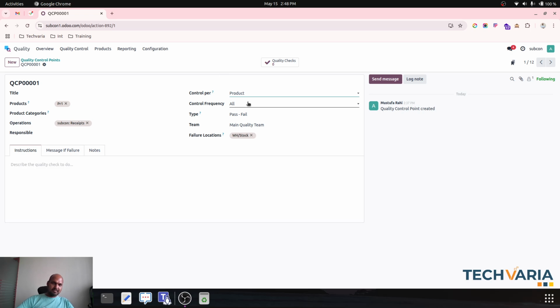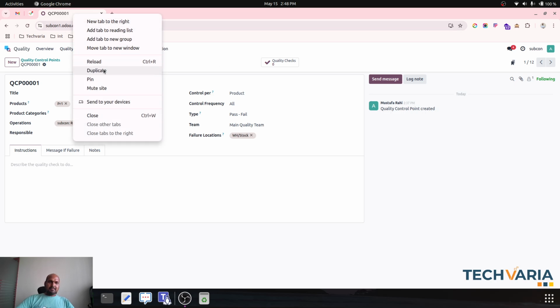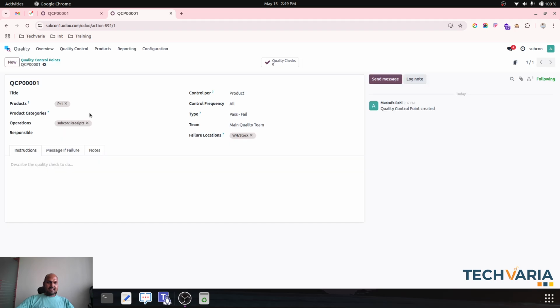In the latest version, Odoo has also improved the failure location, where if I am failing the product, it can go to some other location which I can predefine over here. We will focus only on control per operation, product and quantity, and control frequency in today's tutorial. So let's start. I'm keeping this open, and in the next window,